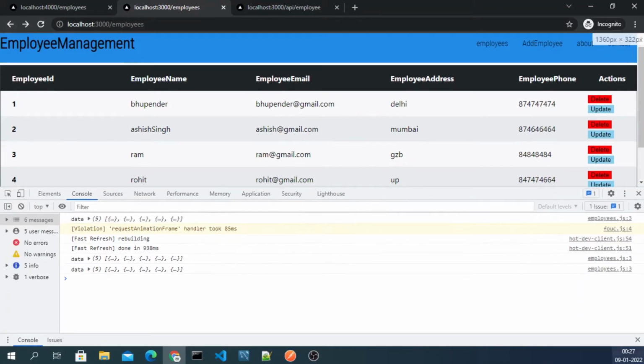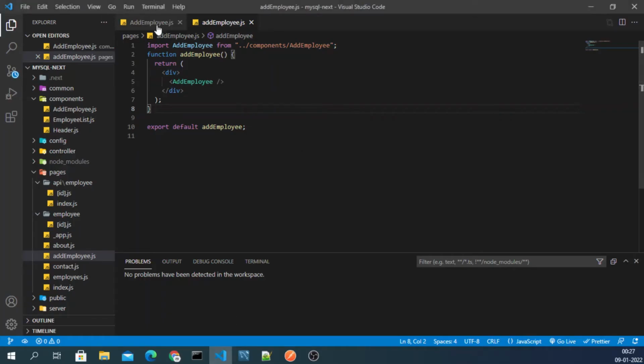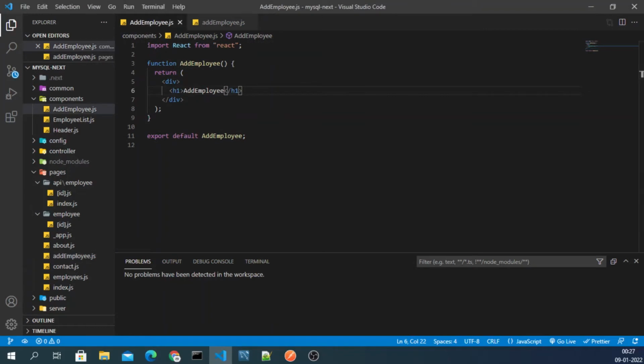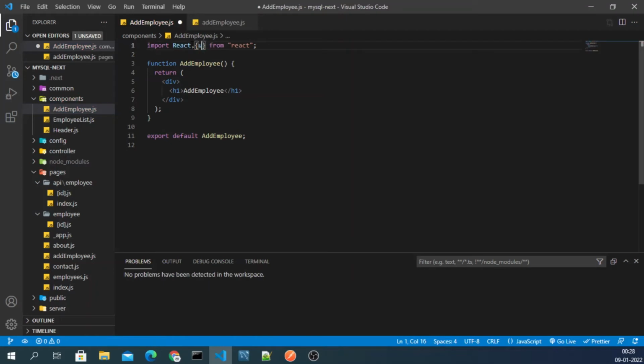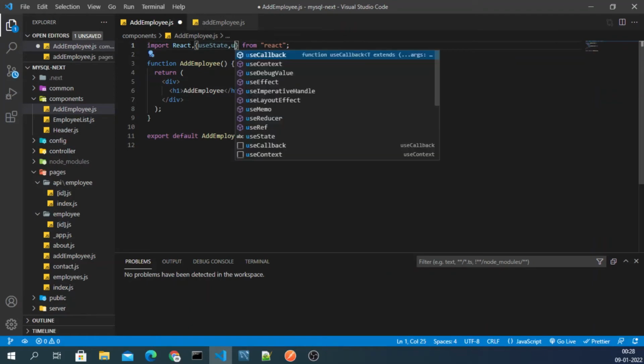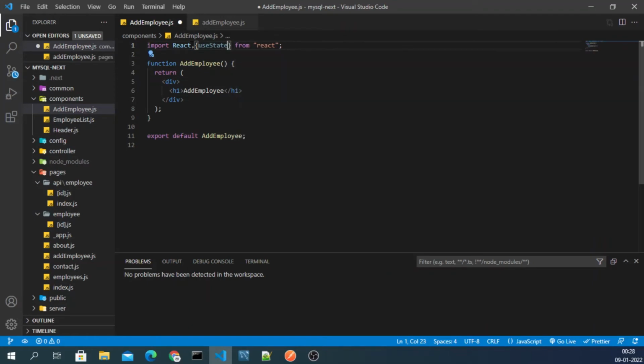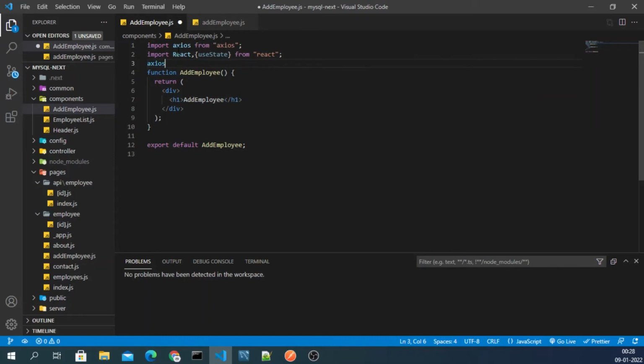Okay, now what we have to do, we have to go inside the add employee component, and here we need to use a few things. Firstly I will use hooks. The very first one is useState to manage the state, and I will use only useState here. Okay, and I will also need the header.